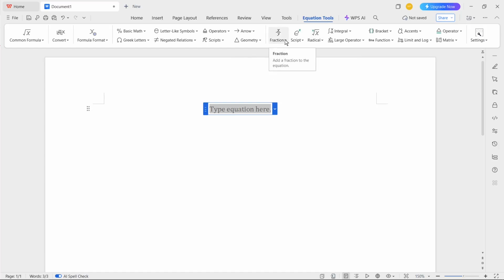So for example, I select here fraction, and here we have different type of styles. So I select this one style. And for example, I will insert here 3, and maybe here I will insert 4. Now I click somewhere here, I press space, I press equal sign on my keyboard, I press space, and for